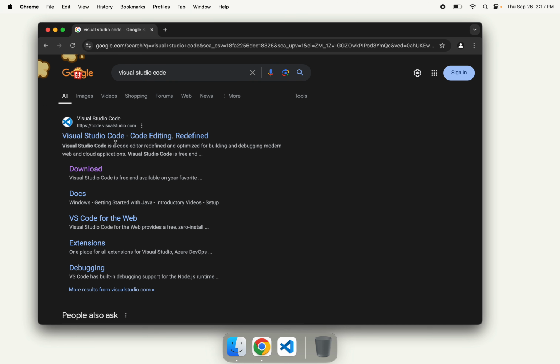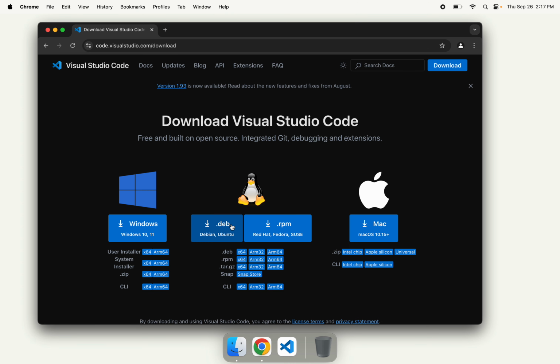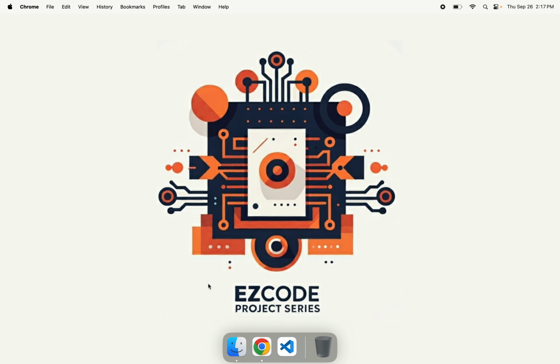So we want Visual Studio Code, not Visual Studio. Two separate things, don't get confused. Same type of thing as Google Chrome. We have a Windows and Mac version. Download them, install them on your computer respectively, and then we're done with the browser. We can now open up Visual Studio Code,